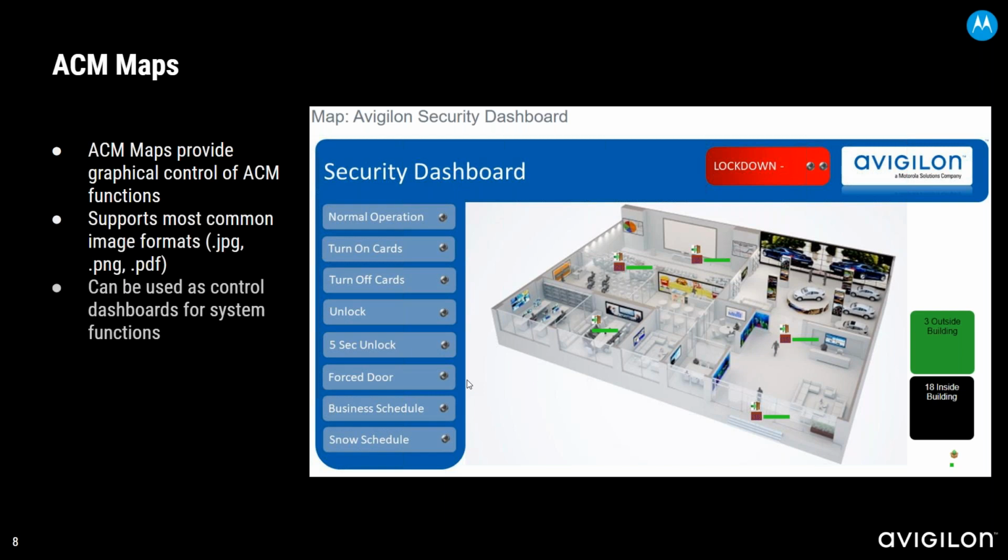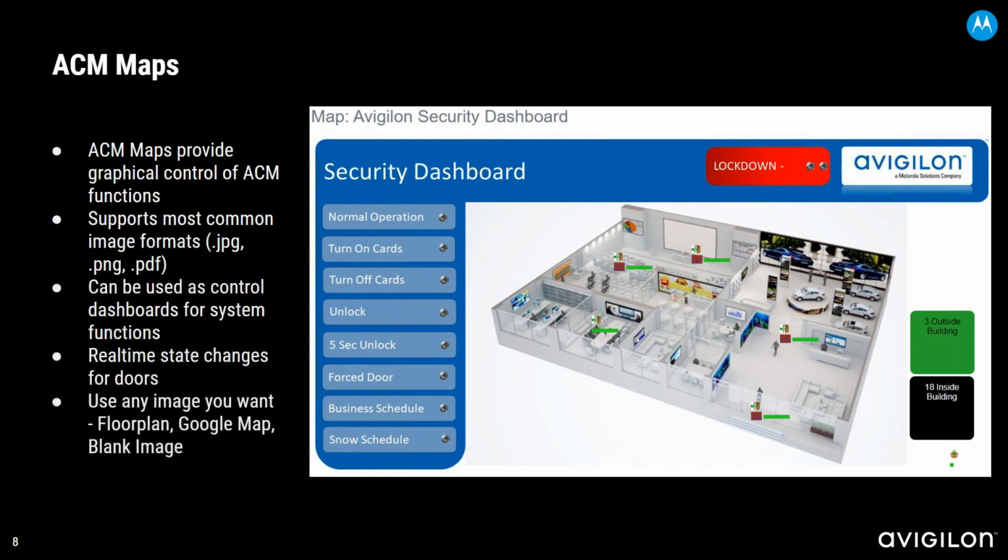The next piece that we're going to talk about is our mapping interface. So ACM out of the box provides a mapping interface, and this is a dynamically controlled map that allows you to bring in any type of image. I've thrown a couple of the most common formats up there: JPEG, PNG, PDF, but it allows you to bring in image formats and then place icons or objects on that map